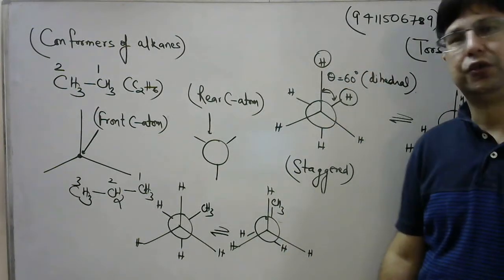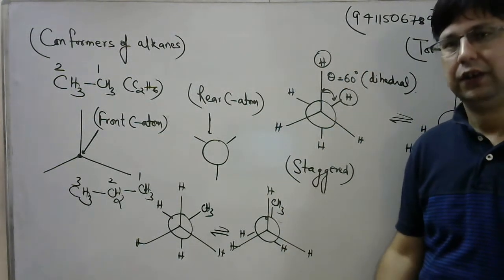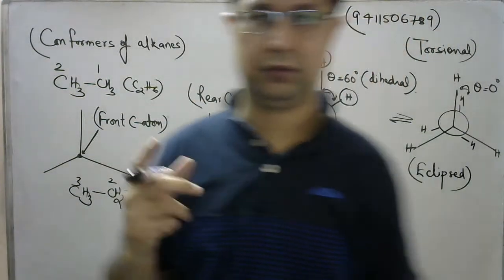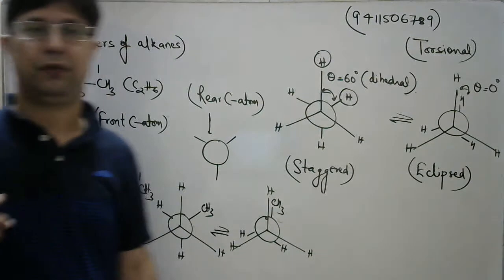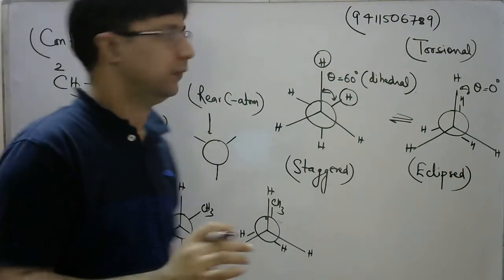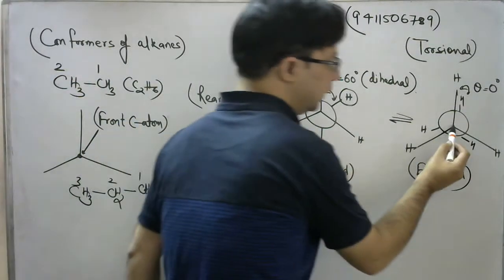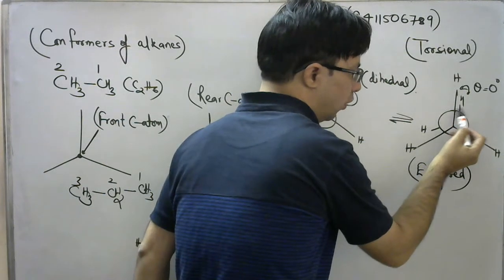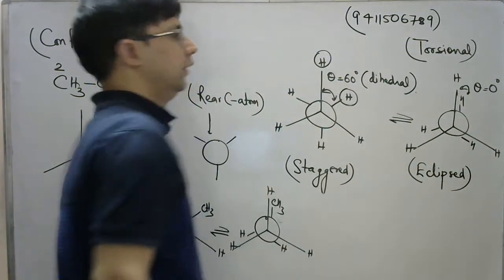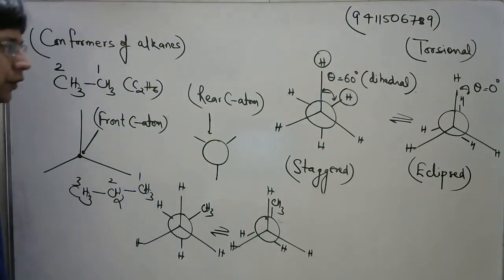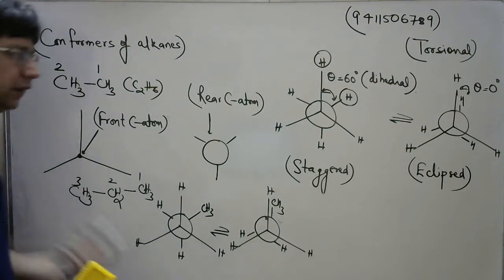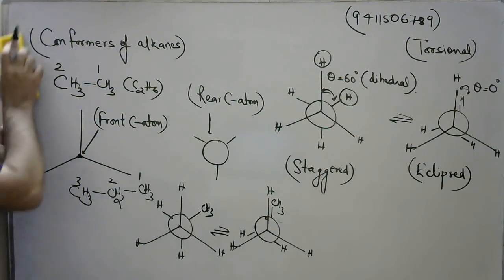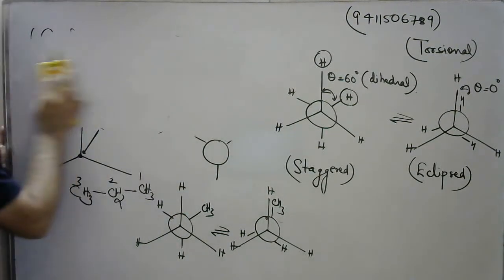It is because of the torsional strain that is present. The torsional strain is created because of the bonded pair of electrons, and those bonded pair of electrons which are closer to each other. Like in case of eclipsed form, this CH bond and this CH bond, the repulsion between these bond pairs of electrons will create this strain, that is torsional strain. The other thing is that there are other strains that are also present in the molecule. We will analyze it through another